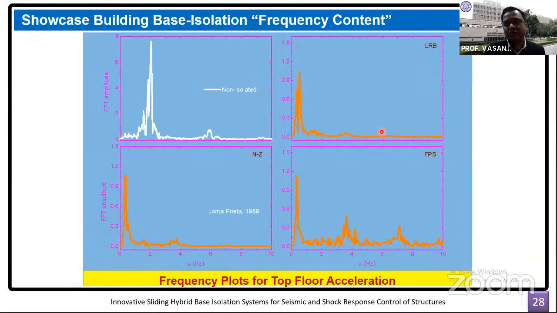The mechanism through which the energy dissipation takes place in the elastomeric bearings, and for that matter in the lead core, when the lead core or the lead plug is chopped off, the energy dissipation is completely different than what is in the friction. So here it is the sliding friction within which the energy is dissipated, as against the deformations in the elastomeric bearings.